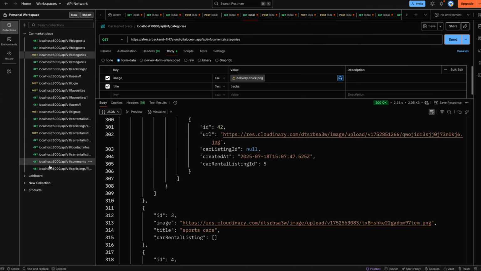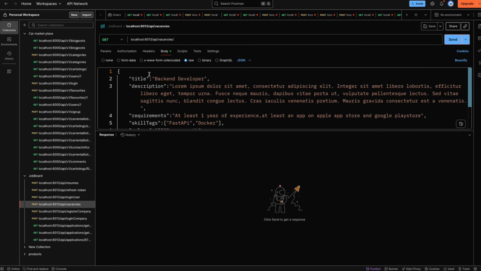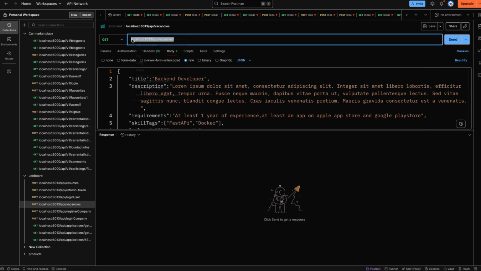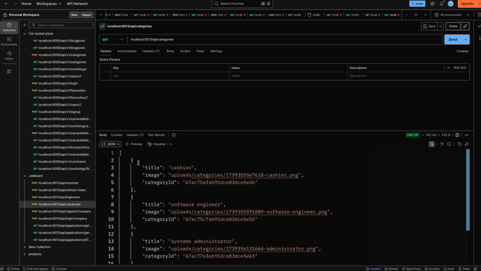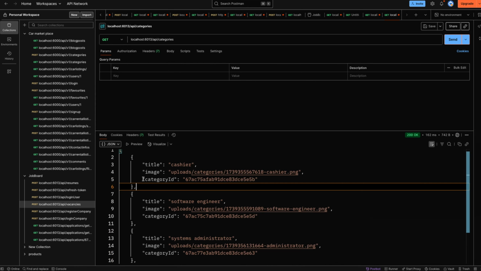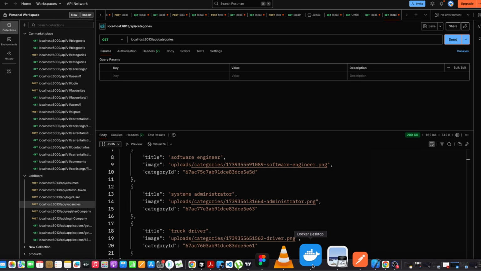So now I'm just going to go to our job board application, and then we have the vacancies, and we also have categories. So let me create a new tab here, paste it, and change it to categories. As you can see, we get the categories that we have. You can see we have the category ID here, we have the image, and we also have the category title. Okay, so now let's get back to